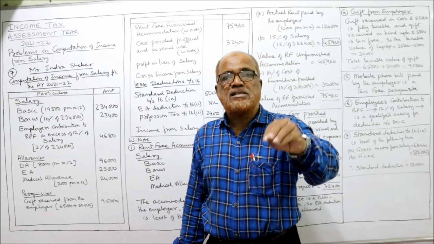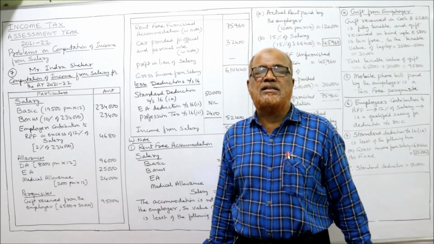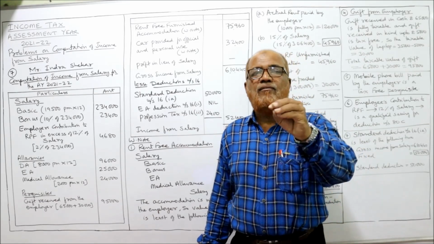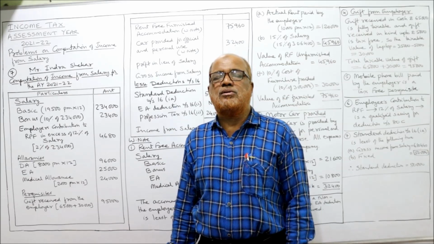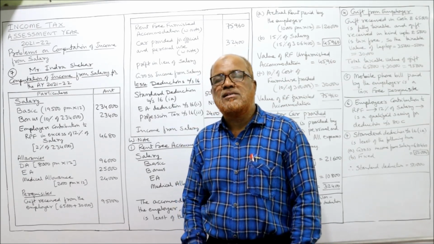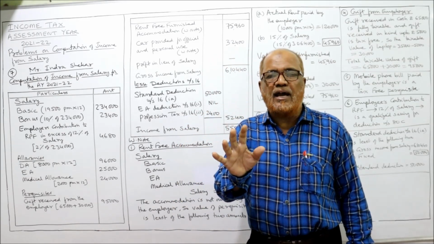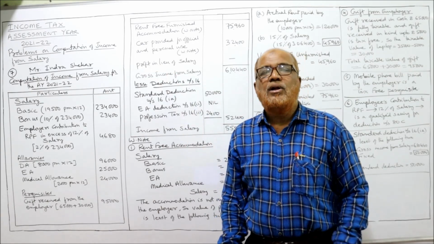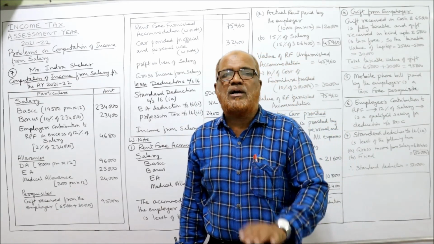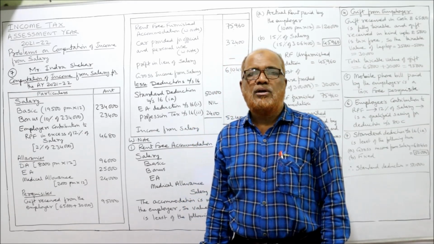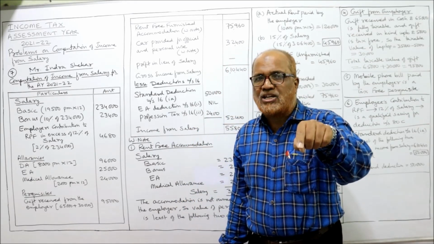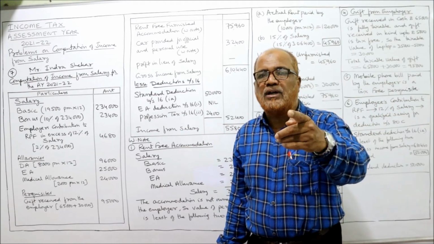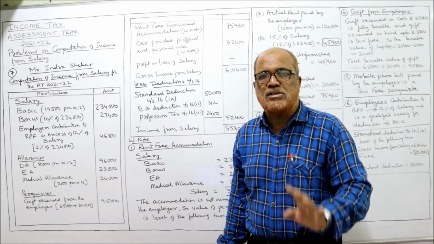Laptop is also given as gift. This is gift in kind. The value of the laptop is 35,000. But the Income Tax Act says gift given in kind up to 5,000 is not taxable, excess is taxable. So 35,000 minus 5,000, 30,000. So 65,000 cash gift is fully taxable, and for the laptop gift, out of 35,000 deduct 5,000, 30,000 is taxable.